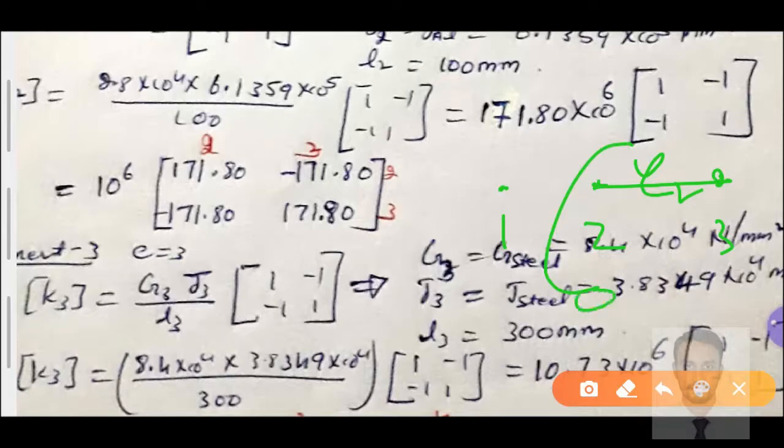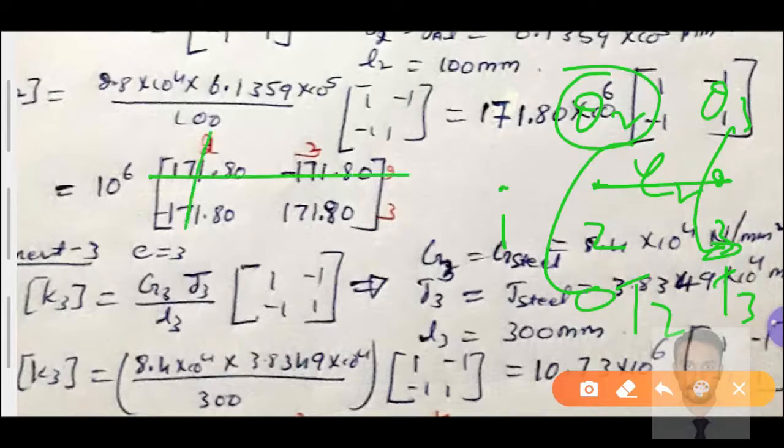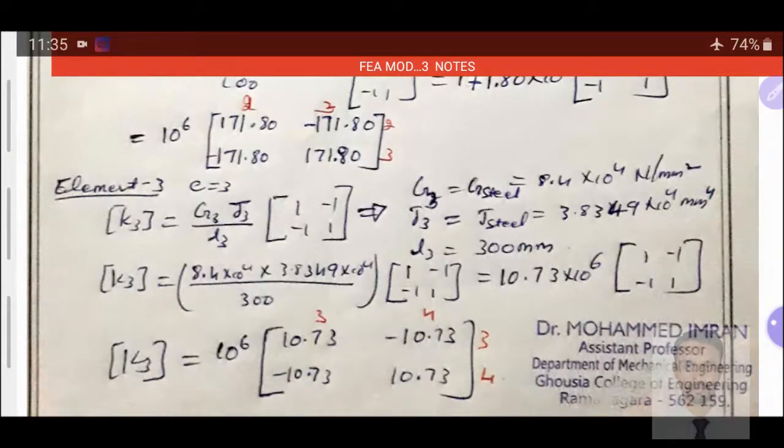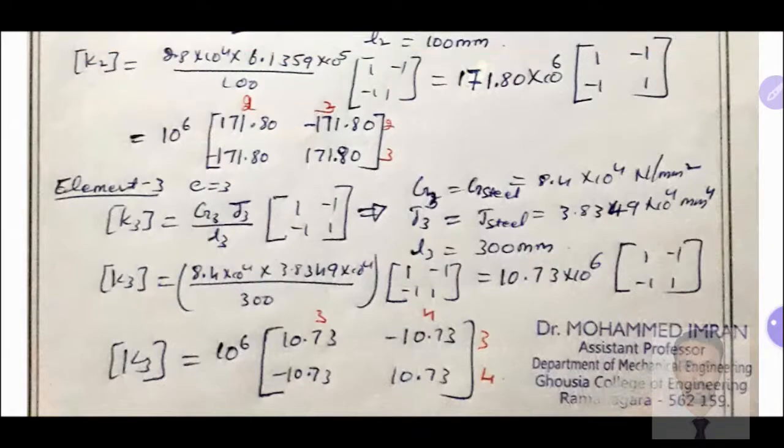When we apply the torque at node number 2, T2, theta 2 will take place as a displacement. When we apply the torque at node number 3, T3, theta 3 will take place. Based on this theta 2, first row, first column name has been given. Based on this theta 3, second row, second column name has been given. Similarly, we have found both elemental stiffness matrices for aluminum material.